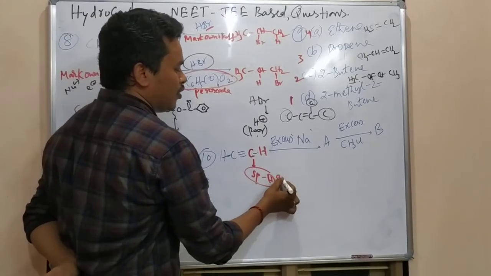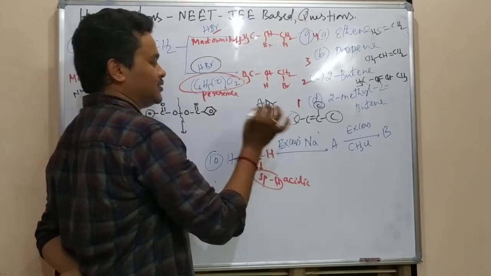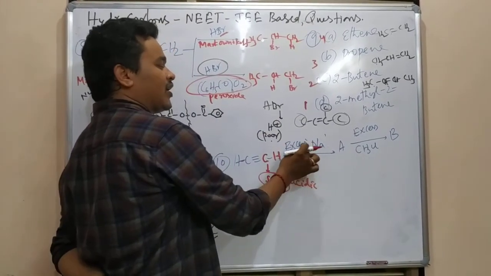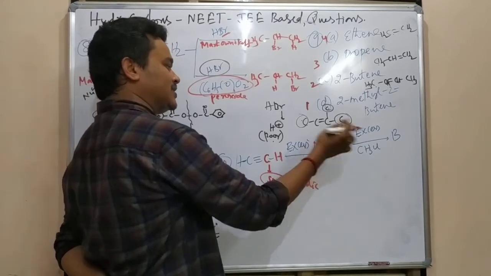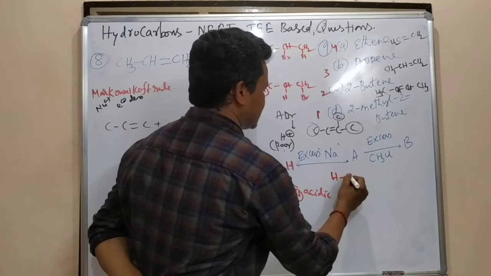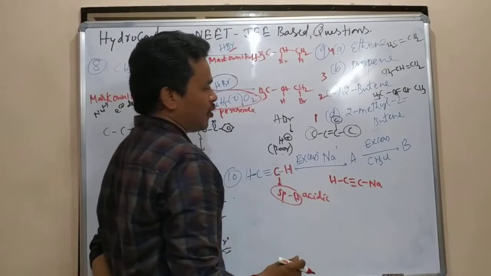is more acidic. More acidic means it always tries to lose H plus. So what happened? This can lose H plus. They have given Na on the axis, so when H plus comes out, Na will occupy. So what you can write here: C triple bond, H plus coming out, Na occupied.